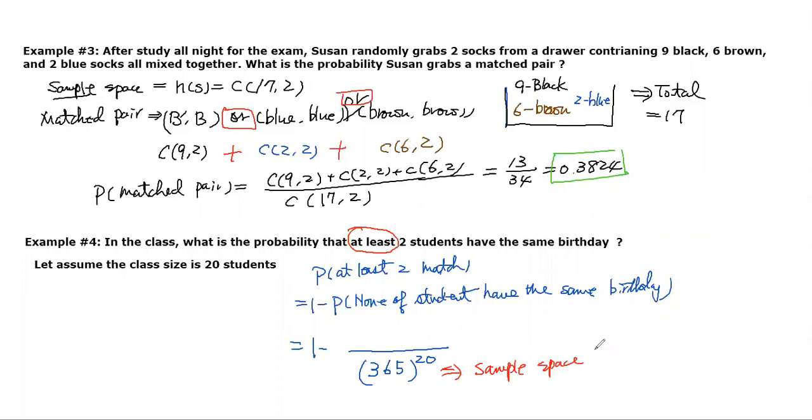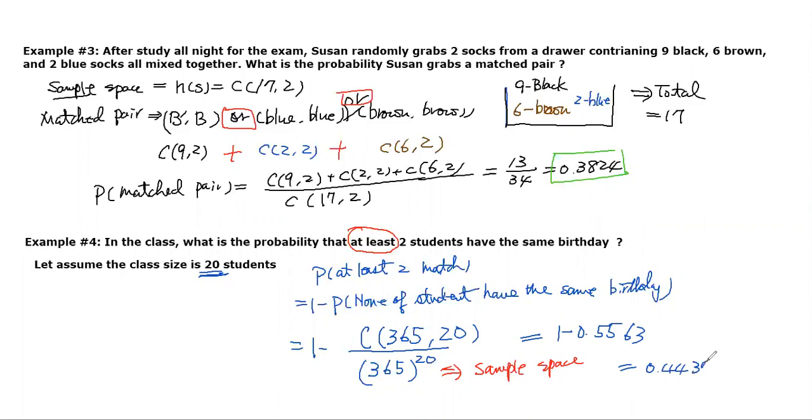Now I want none of the students to have the same birthday. That means out of these 365 days, nobody is going to have the same birthday, so I'm going to take 20 days out, because all these 20 students have different birthdays. I need to give each day to each student. Now you put it into a TI calculator, and the answer will be 1 minus 0.5563,